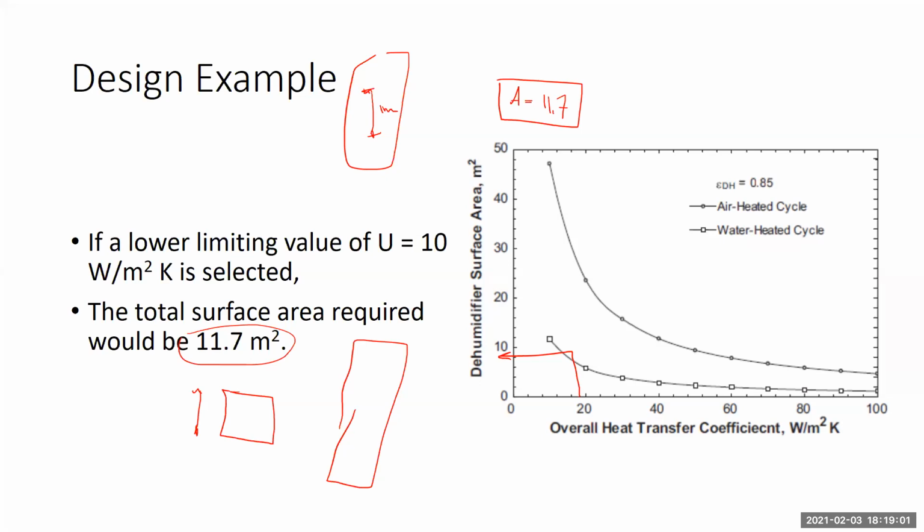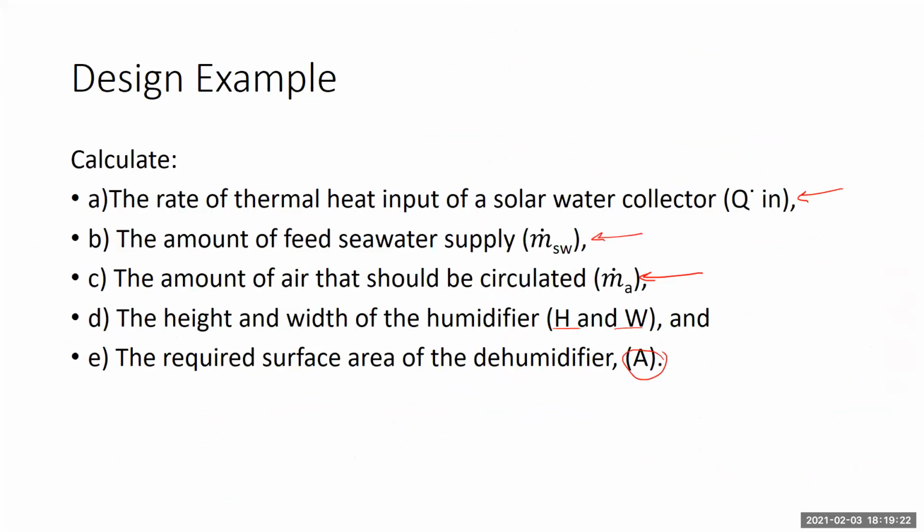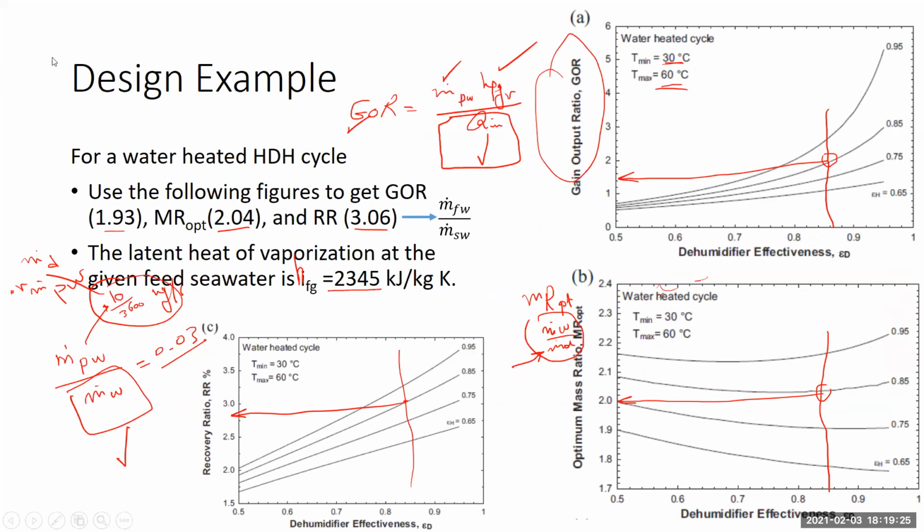The question would be, for the same unit that we decided, the plan was to bring a unit that can get us 10 kilograms per second. Our initial calculation showed that we have a gain output ratio, or GOR, equal to 1 point something. So I think we got that here in the first thing. We're talking about a GOR of 1.93, almost. But in reality, when we did that in the lab, we got a lower GOR. I have to address this issue, and I have to bring another